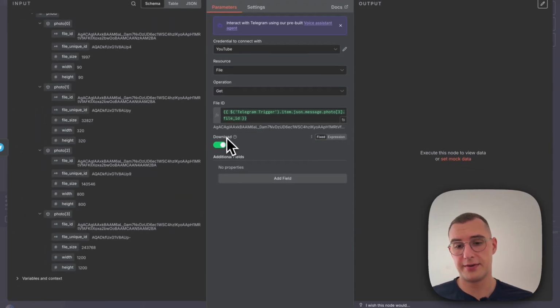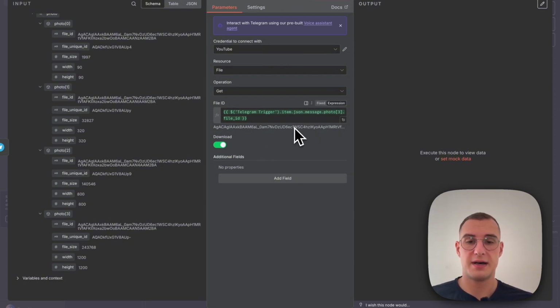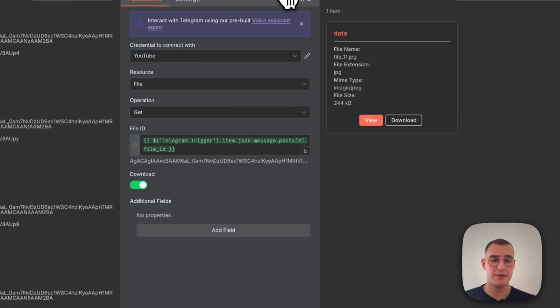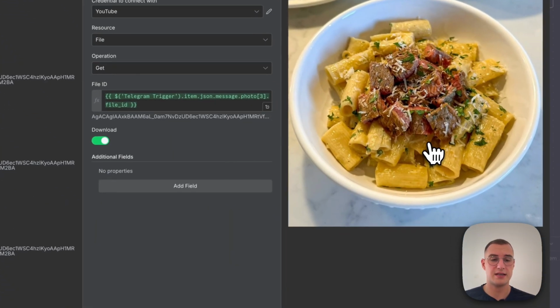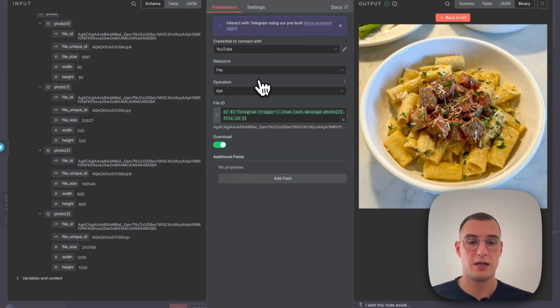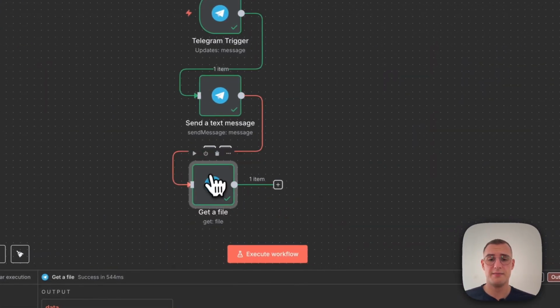What's also very important, because we need to process the image later, is that this download option is ticked. When it is ticked, then we will download basically a file as binary that we can process later. Now click on execute step, and now you can see here we have our binary file. When I click on view, you can see a nice meal with pasta and steak bites. Now we can jump into